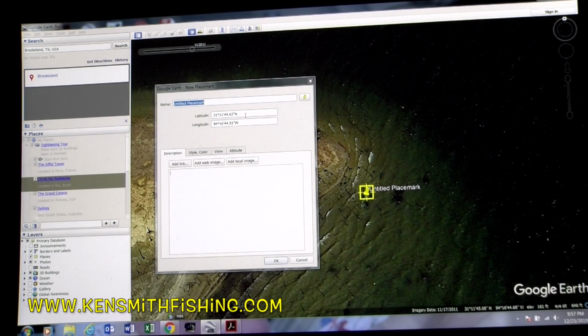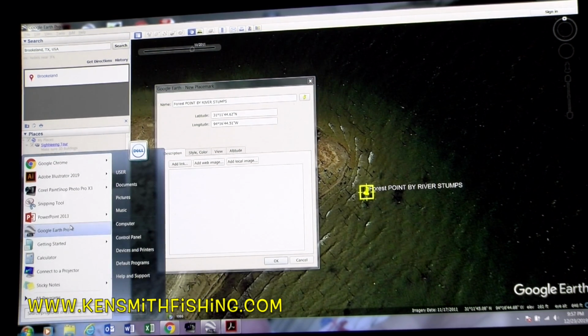No. I'll just go in there and I'll say, forest, if I could spell writing sideways, point by river, sorry guys, and then stumps. And now I can go in there, and what I do, and please don't tell my office I do this,